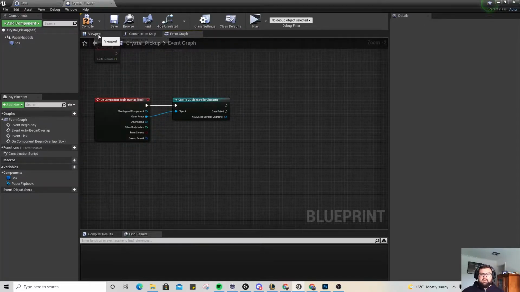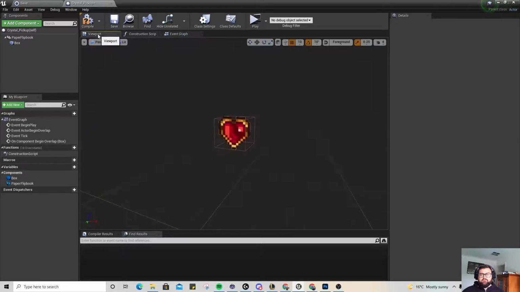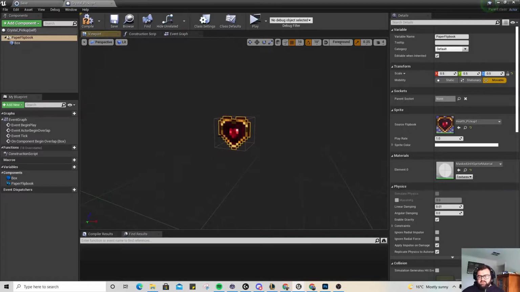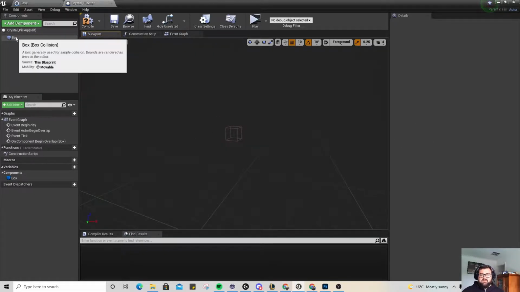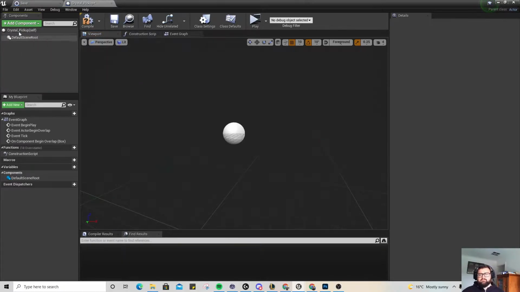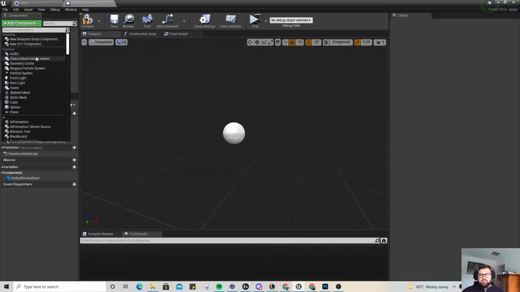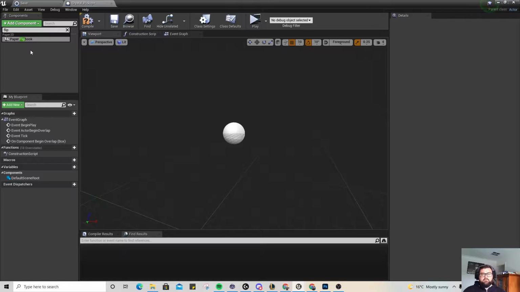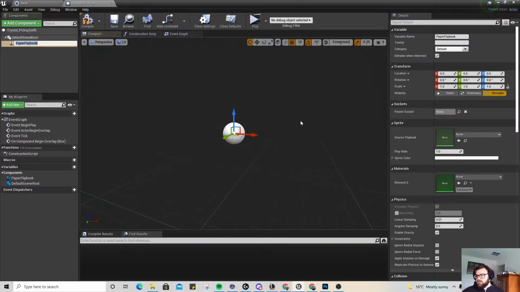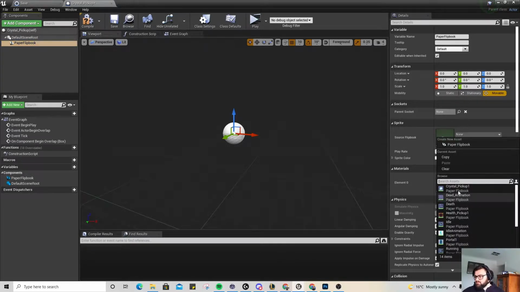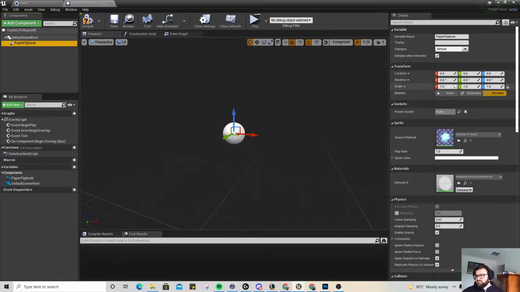One other thing we're going to be working on at the moment, if we go back to viewport, is we need to get rid of that there, and we're also going to get rid of the box. So first thing we're going to do is add a component. I'm going to add our flipbook and put that in there, and we're going to find our flipbook, and it's going to be our crystal one that we've just made previously. We're going to make this a little bit bigger, so I might need to zoom in. Yep,